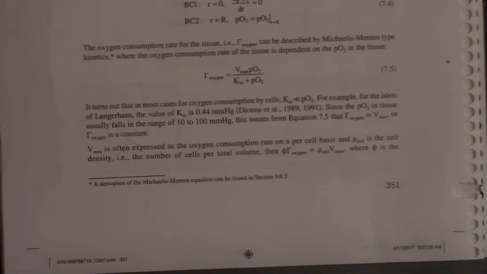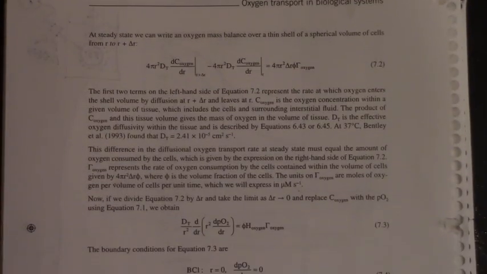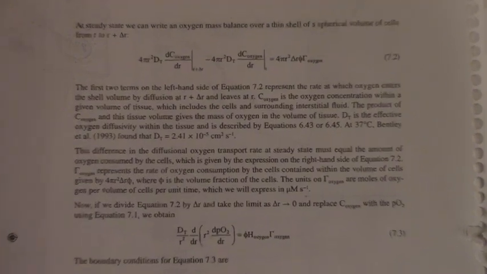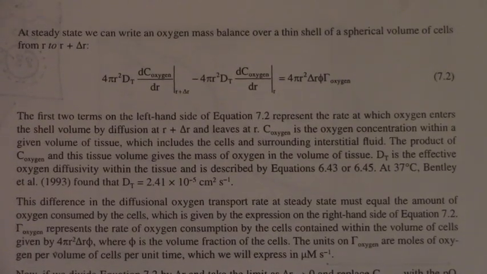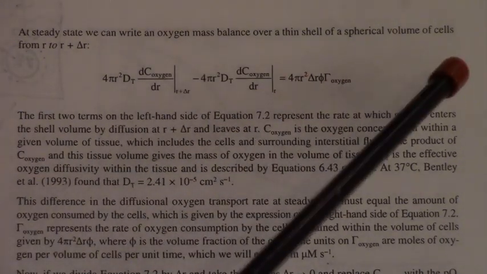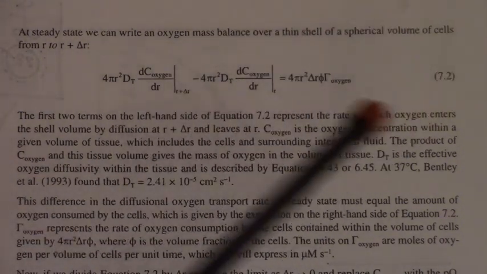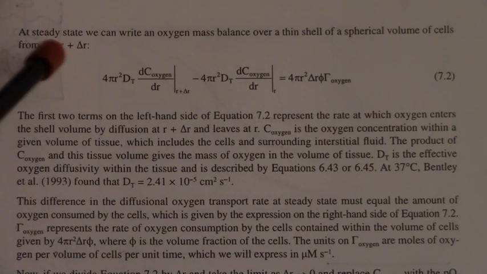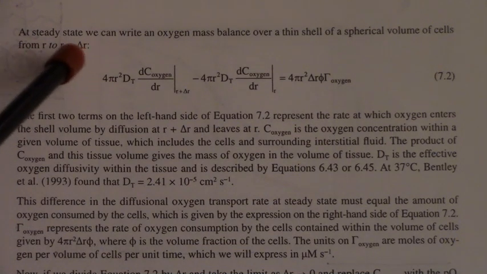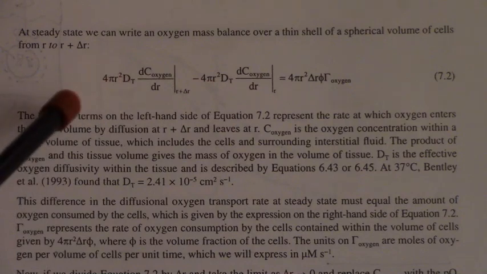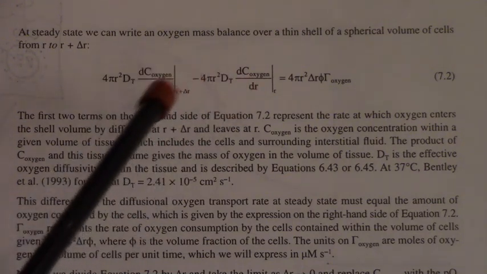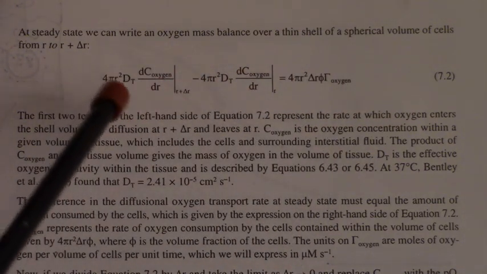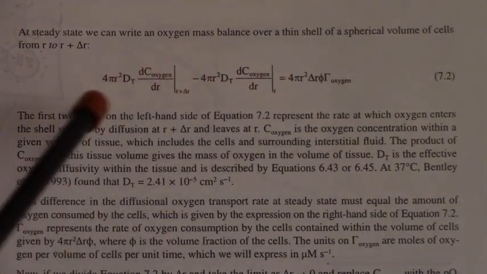So at the top of the next page, what we do is we perform a shell balance. Take a spherical volume of cells, imagine a spherical volume, and then take a shell from R to R plus delta R. At steady state, if you do a steady state oxygen balance across that shell, using Fick's first law as the only way that oxygen enters the shell and leaves the shell, we could write the